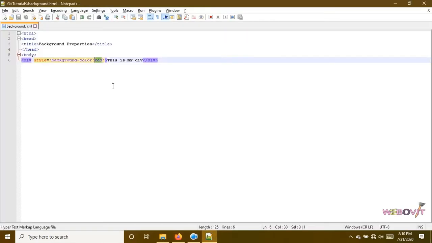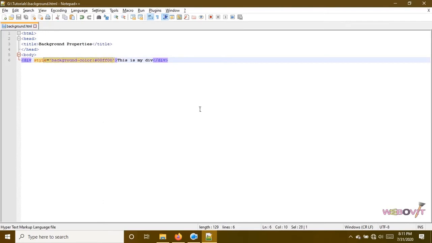If I want to use code, instead of red I can use F00 or FF0000, this is the code for the red color. Same thing, if I want to make it blue, or green, RGB mode, red, green and blue. So we have talked about this already in our bonus video. You could view that video if you want to learn about the color codes. Okay, so moving ahead. Now this was the inline way to input a background color.